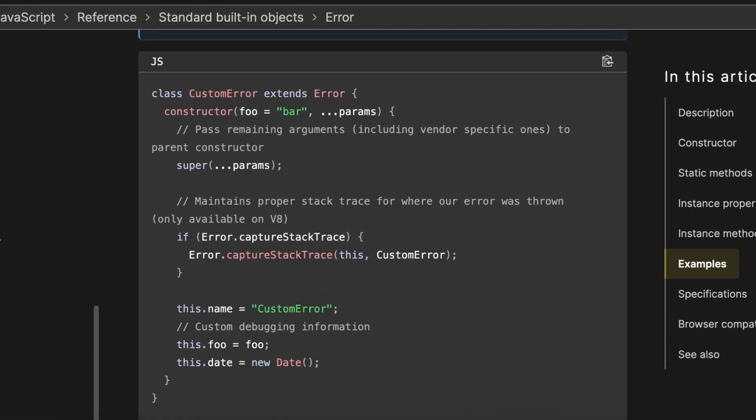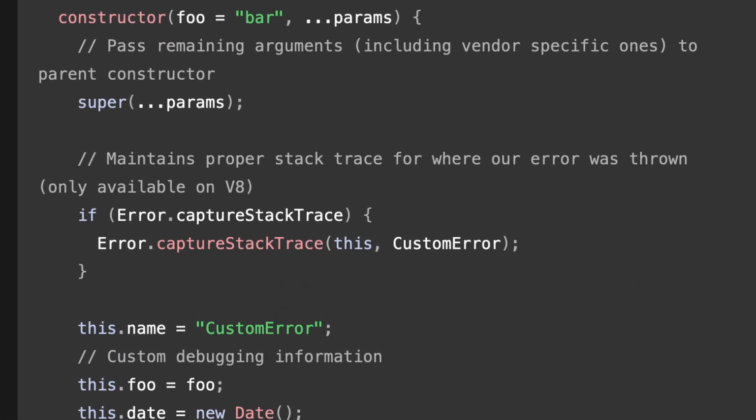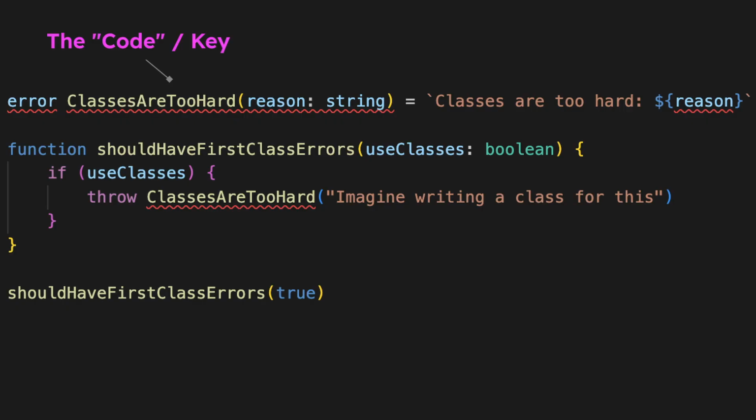I really wish there was something that was easier to create, more straightforward, because errors don't really need to be classes. They don't need to have all of these methods. They don't need to have any inheritance. They don't need to have anything of the sort. Instead, errors should have some code that makes them unique and ideally globally unique. They might need some description, right? They don't have to, but we might want to have something that's human readable.